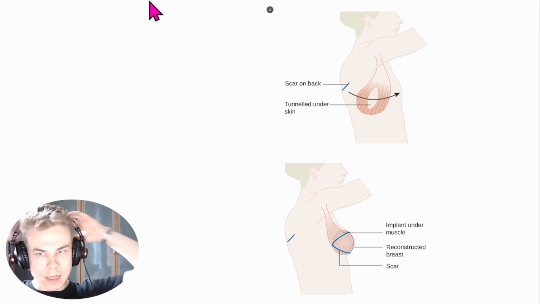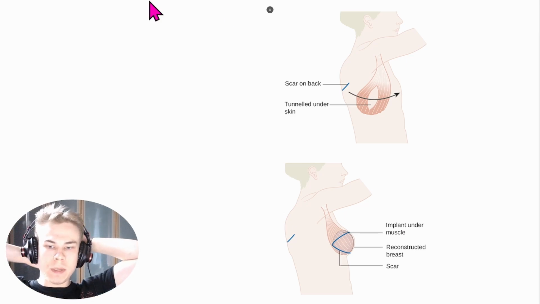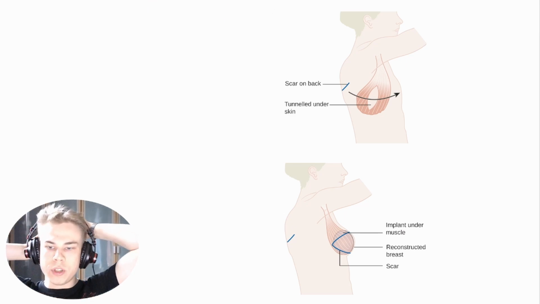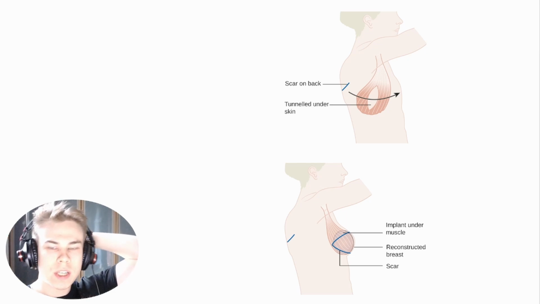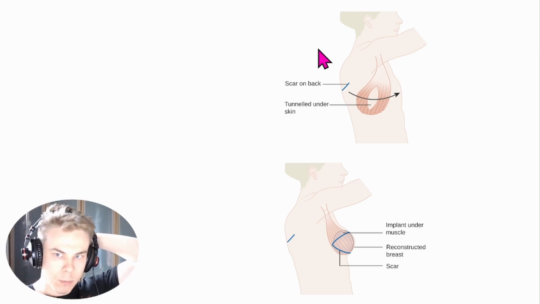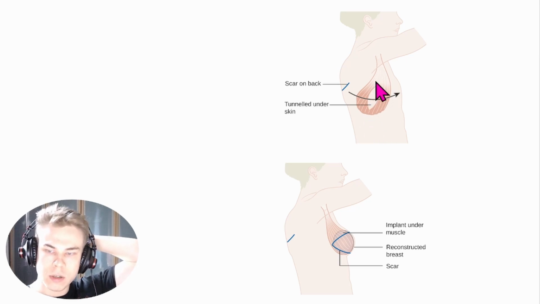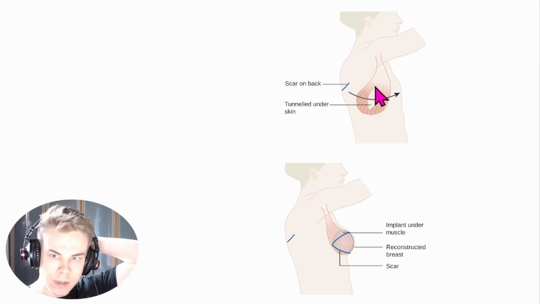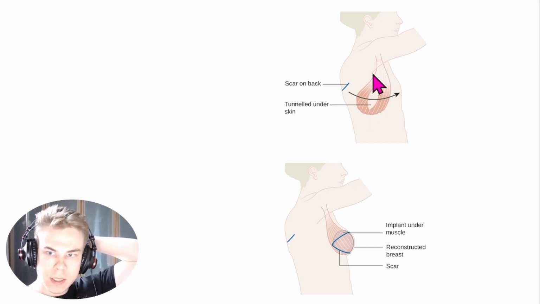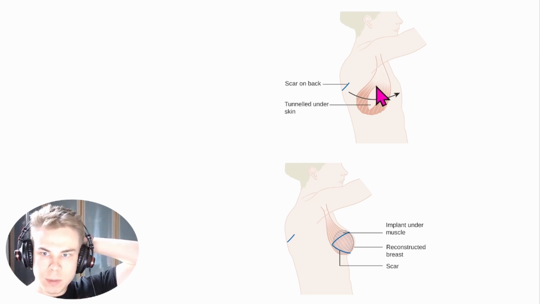Then this is a diagram depicting a lat dorsi flap, which is a pedicled flap, which is a myofasciocutaneous pedicled flap, where you basically make an incision and you take skin, fat, fascia, and muscle, all supplied by an artery and a vein that are identified. You make a tunnel between the armpit and the breast, and then this piece of tissue is